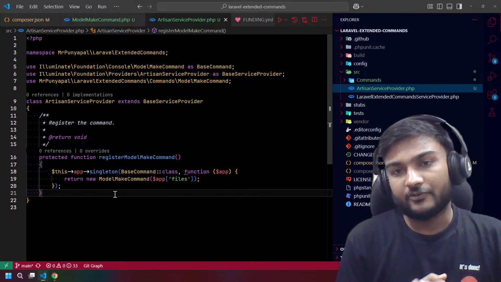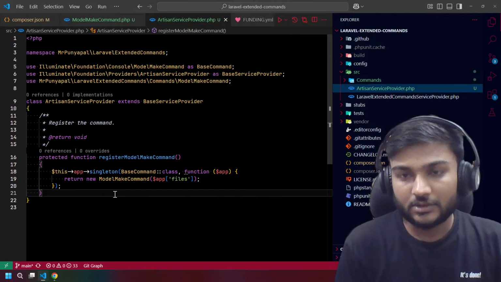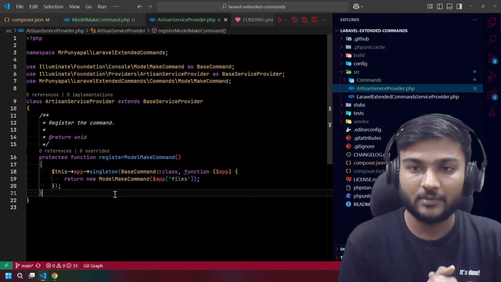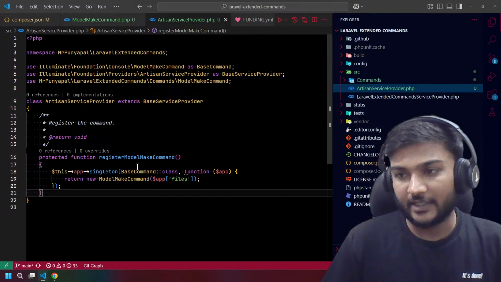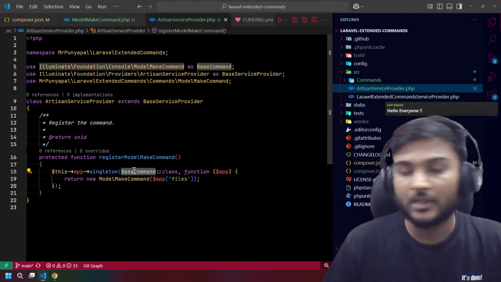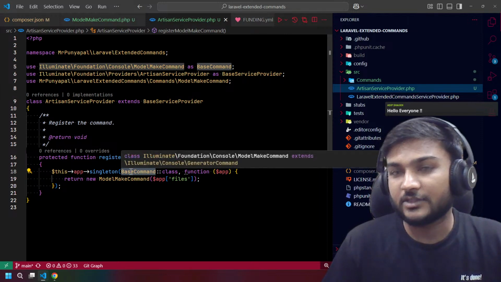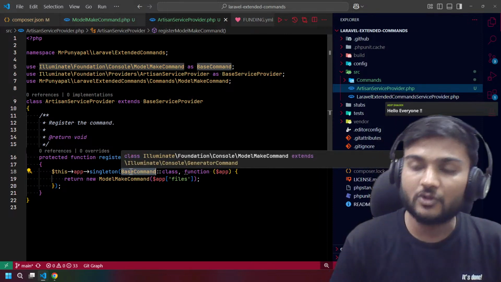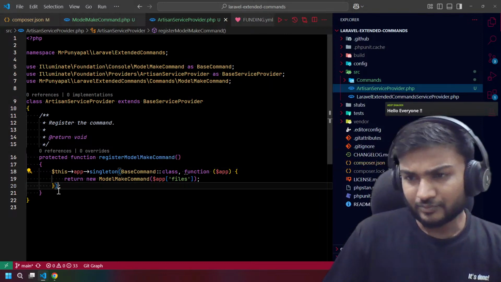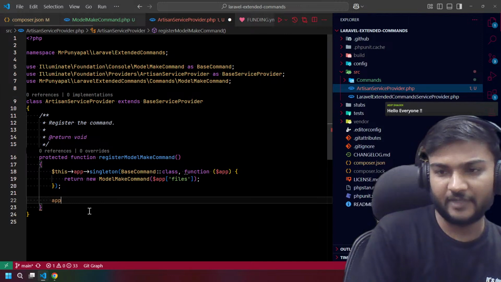So, this is singleton, and the other one is bind. When you want a class, whenever we call this base command, we actually want to initiate it only once. Hello Asif.